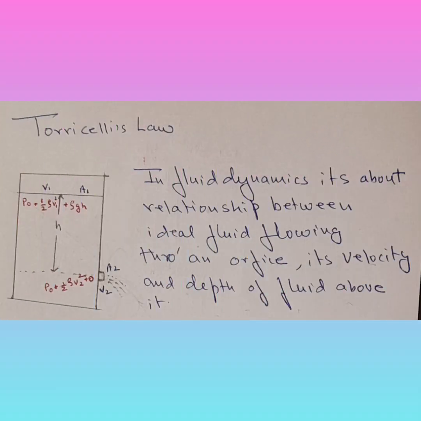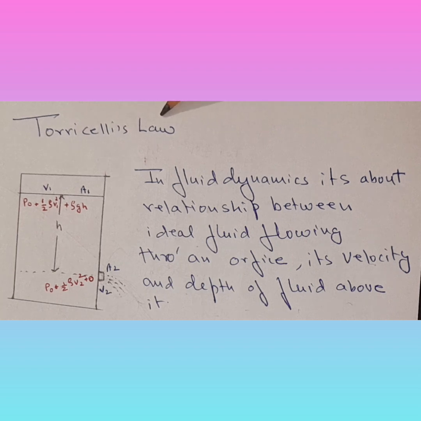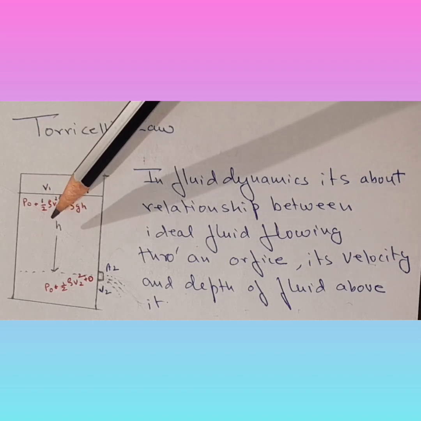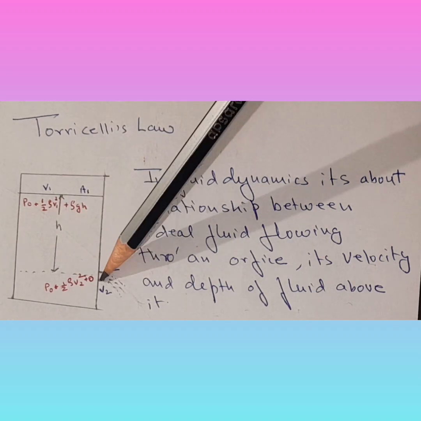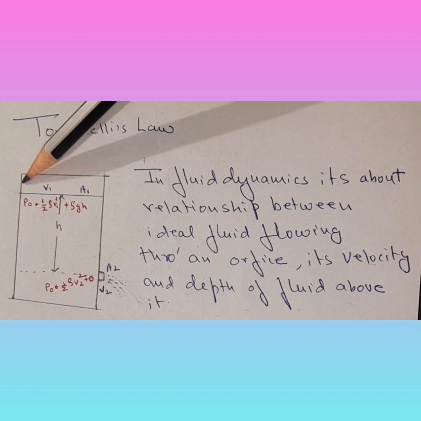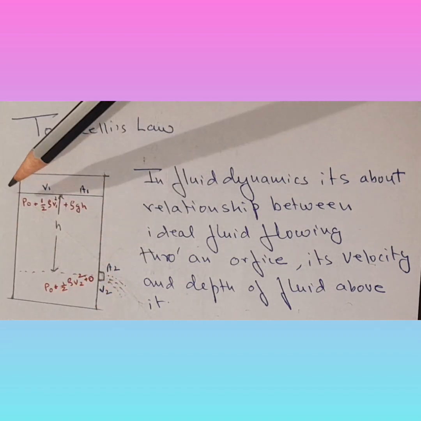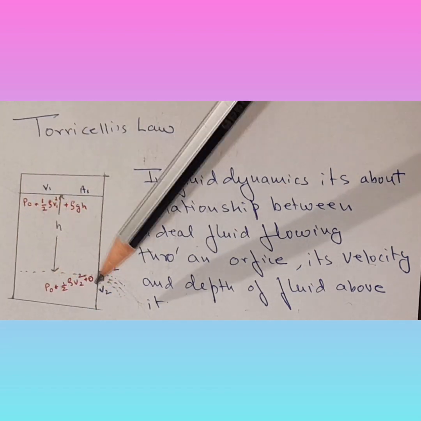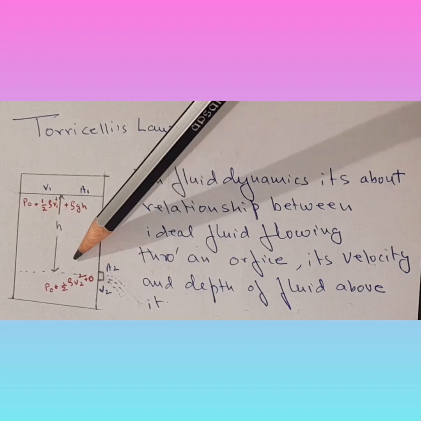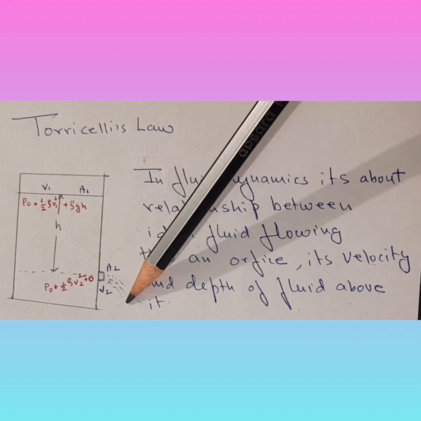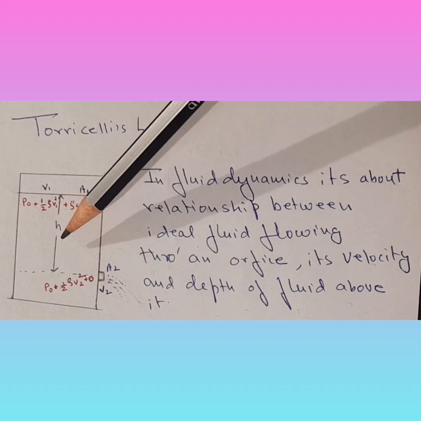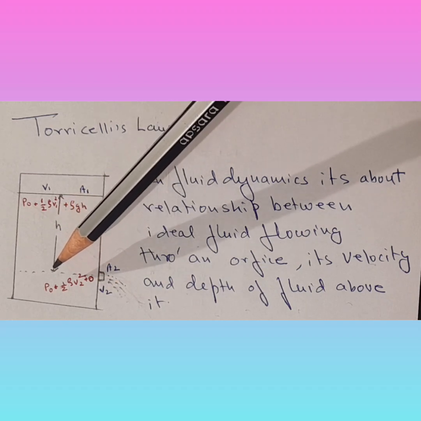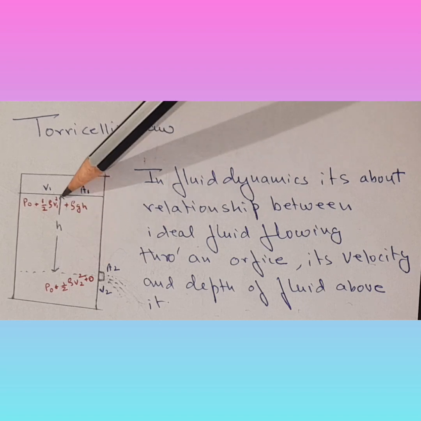Okay guys, let's get into understanding Torricelli's law. Torricelli's law, what does it talk about? It talks about the relationship between this height, this is the orifice through which fluid comes out. Now suppose this is a tank which has fluid in it and there's an orifice or an aperture through which the fluid has to come out. Now what it talks about is there is a relationship between this height